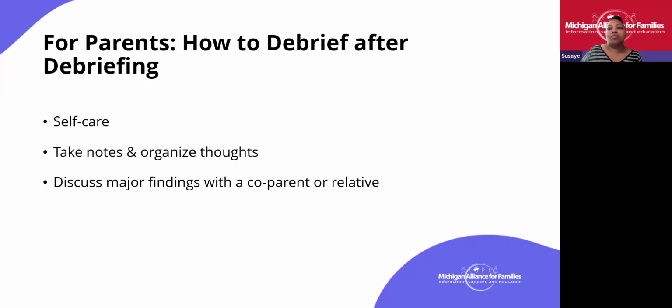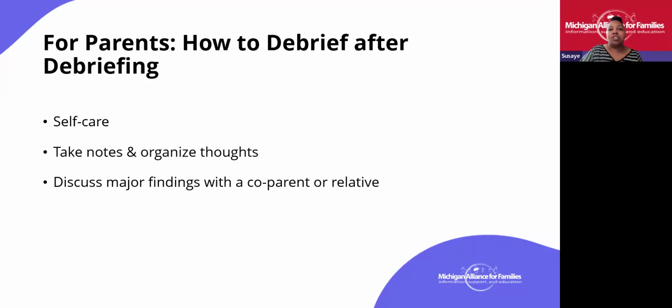So when you're debriefing yourself, you can do some self-care by reflecting. You can practice mindfulness. You can organize your thoughts or do some journaling. You can engage in some self-care activities that help you relax and recharge, and we all need to do that. This could be taking a walk, practicing deep breathing exercises, reading a book, or enjoying a hobby. Prioritizing yourself allows you to maintain your energy and emotional balance